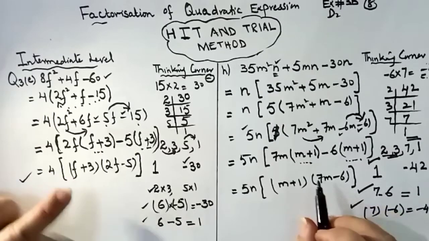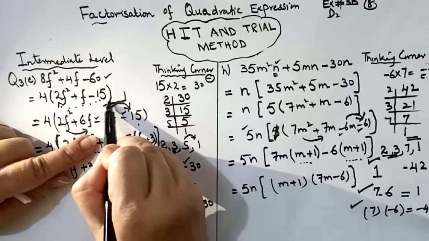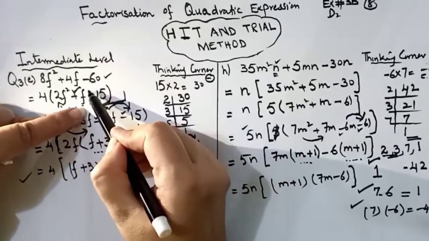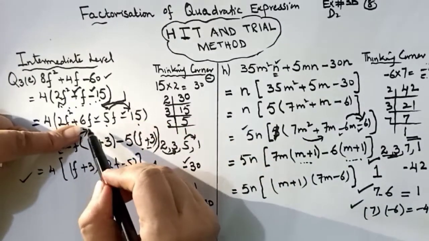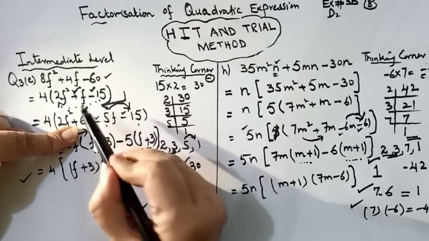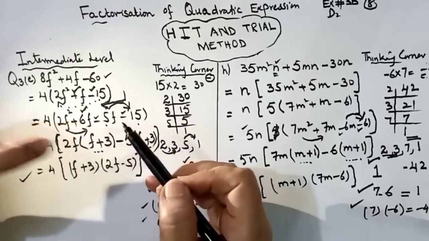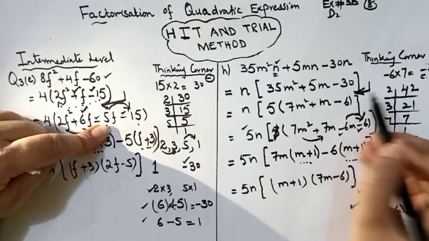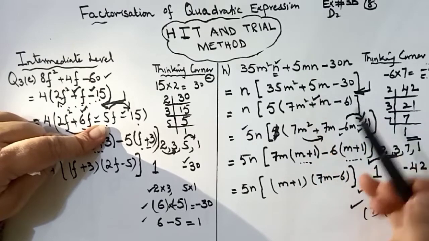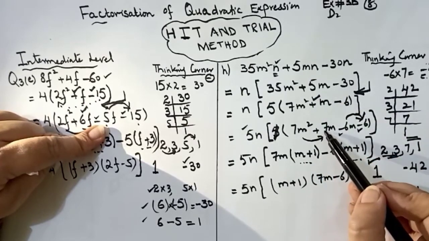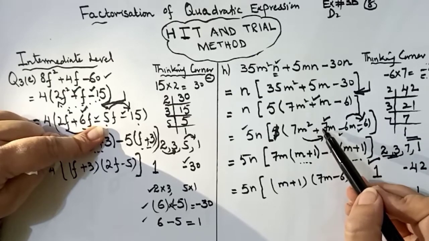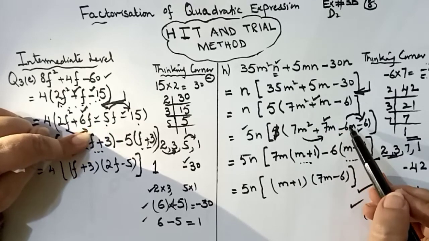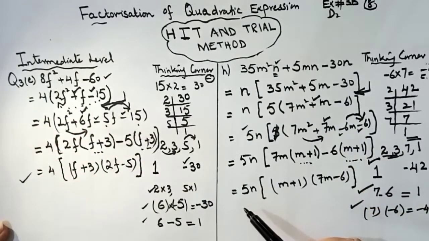But before leaving the lesson, it's important to understand this step of the previous question. See, here the middle term is positive, but the product is negative. Look at the breakup of this question. In the middle term, the bigger factor has the positive sign and the smaller factor has the negative sign. Same in the next question, we can see that the middle term has the positive sign and the product is negative. When we break the middle term, you must mark the bigger factor with the positive sign and the smaller factor with the negative sign. I hope through these two questions you have understood today's lesson.